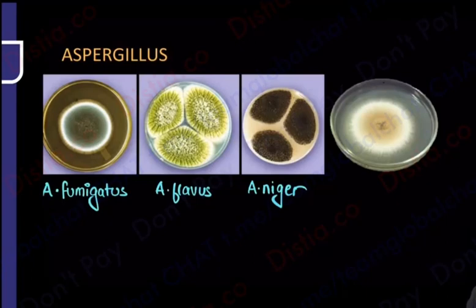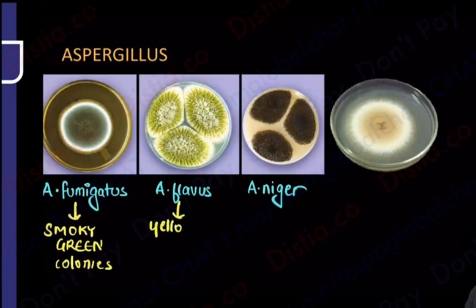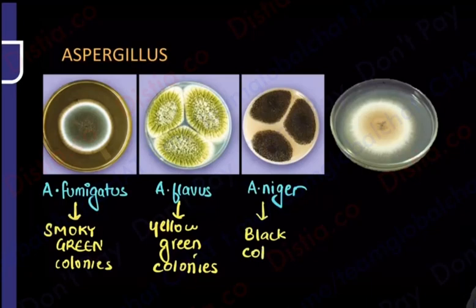When I'm talking about Aspergillus fumigatus, it shows you something known as smoky green colonies. I can see the green color, but it's a smoky green colony. Aspergillus flavus, some people say it looks like a slice of kiwi fruit. So yes, we see the presence of yellow-green colonies. And Aspergillus niger is going to show you the blackish colonies. And how do I learn all of that? Please remember that the niger word is anyway going to tell you that it is something to do with black. So this is the easiest to identify.